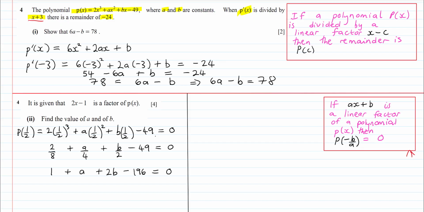Now tidying this up a bit, we get a plus 2b is equal to 196 minus 1, so therefore a plus 2b is equal to